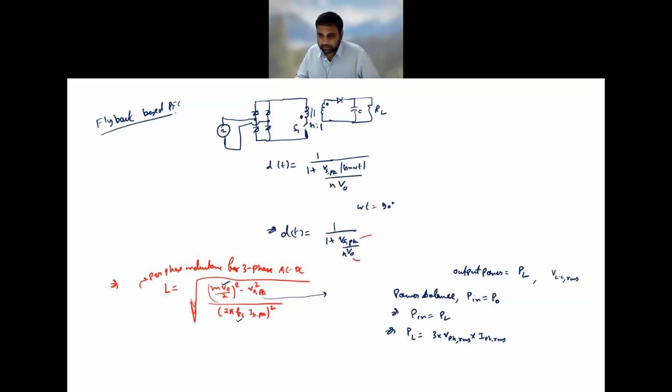Generally, if it is there, then cos phi is equal to 1. So in this particular case, we wanted to calculate Is peak, where Is peak is nothing but the peak of the phase current. So from here we can just write down: